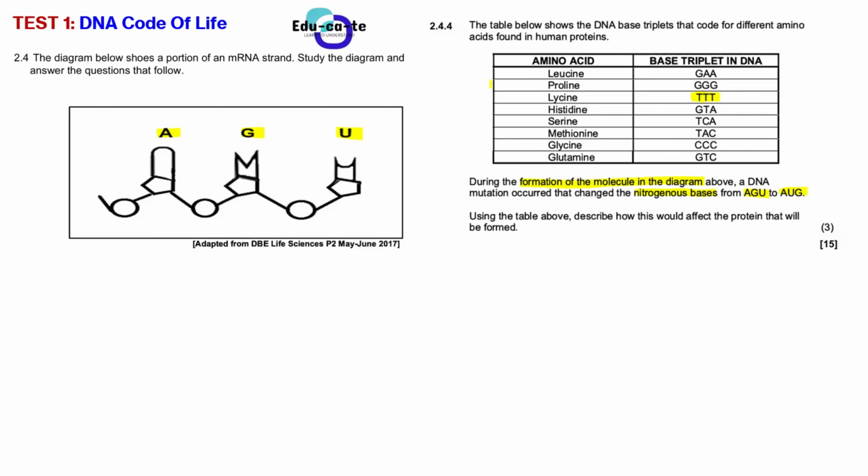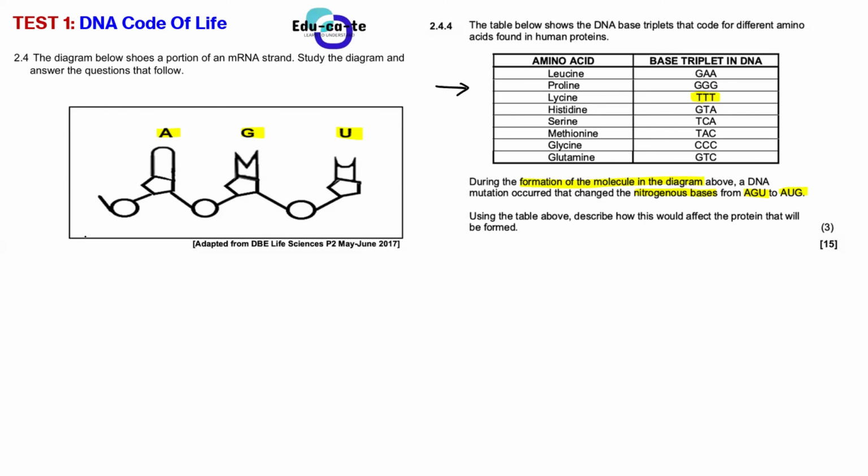On our table, guys, we are given an amino acid and a what? And a DNA-based triplet. So try your best to find the DNA-based triplet so that you can find the amino acid. At that extent, you don't really need to go to the anticodon because you are given a DNA-based triplet and you are also given an amino acid that will be coded for by that DNA-based triplet.